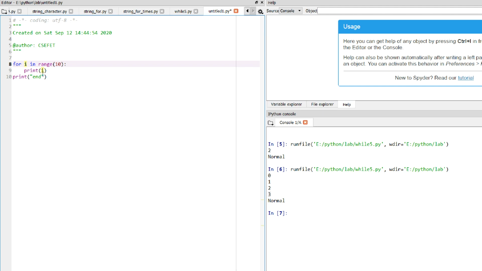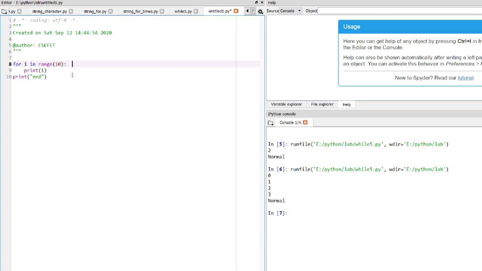It will not produce 10, and it will assign the values to i one by one. First i is 0 and it is printed, then i becomes 1 and it is printed. And this in is acting as an assignment operator over here, or you can say it is acting as a checking operator, giving the value of i. i becomes 0, then 0 is printed, then i becomes 1 and it is printed.